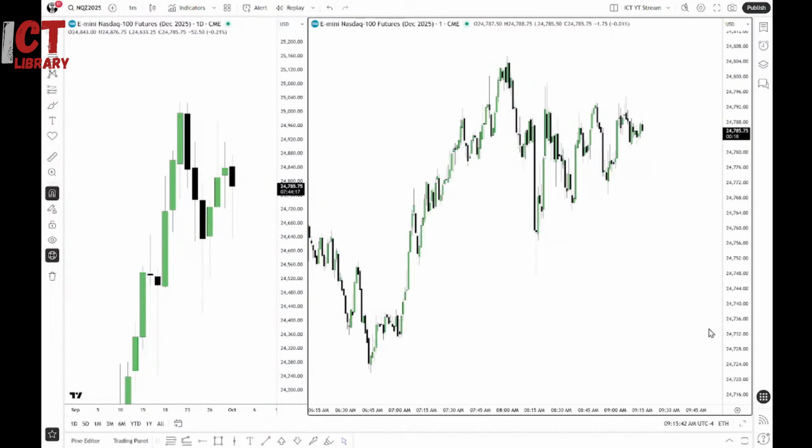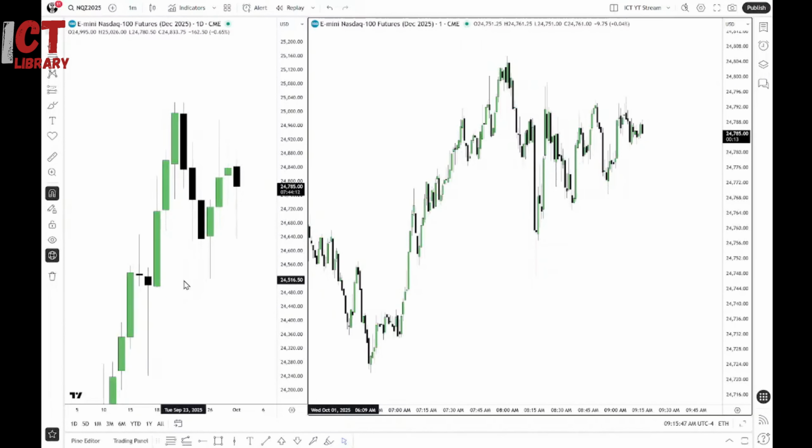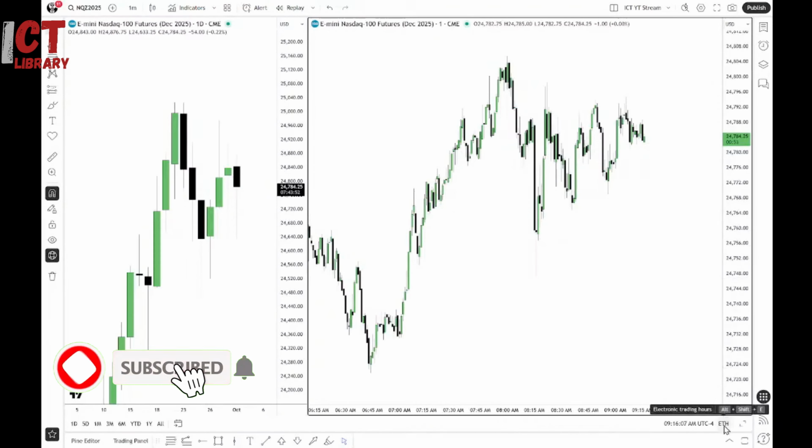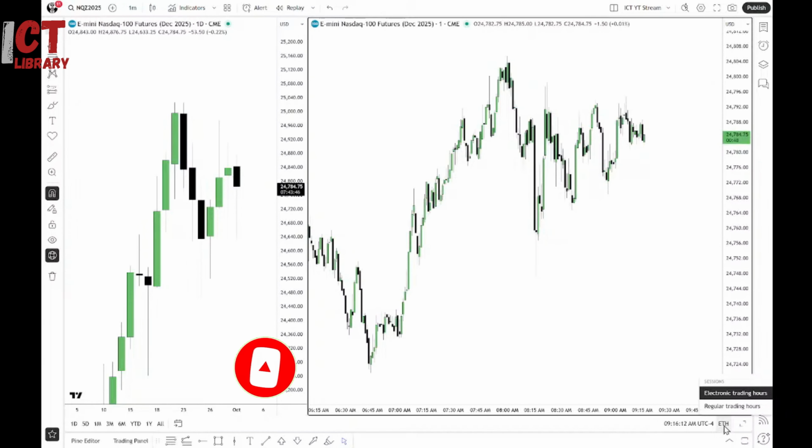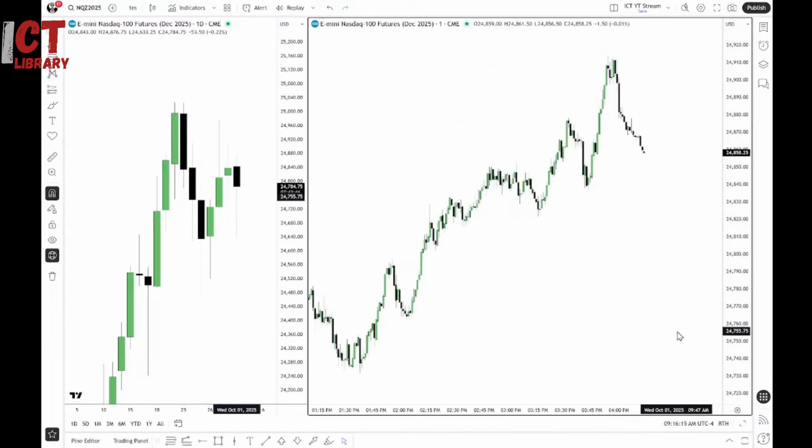So on the left-hand side, we have the daily chart of the E-mini NASDAQ December contract, or as we call it in the industry, the Christmas contract, or Christmas NQ or NASDAQ. And on the right-hand side is a 1-minute chart. Now, if you notice in the lower right-hand corner, I have it set to electronic trading hours, okay? I'm going to toggle to regular trading hours, and I want you to take a look at,